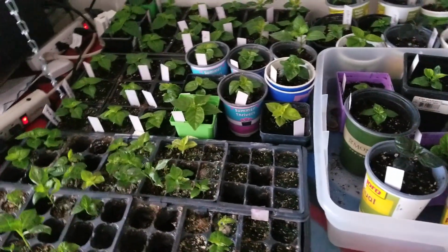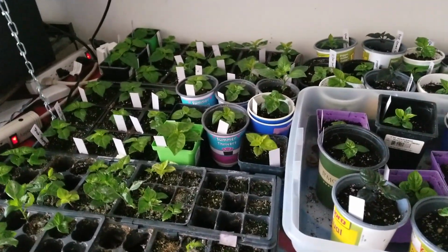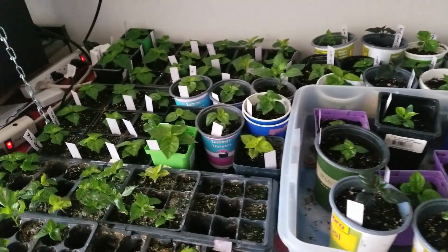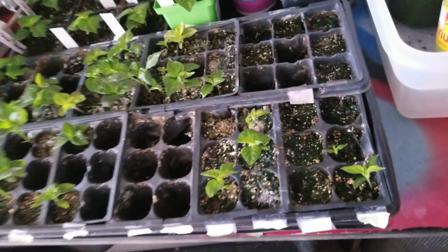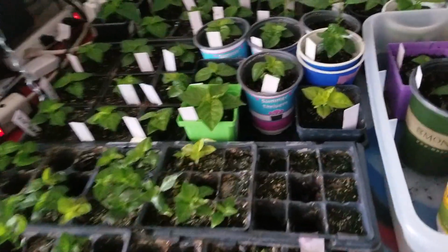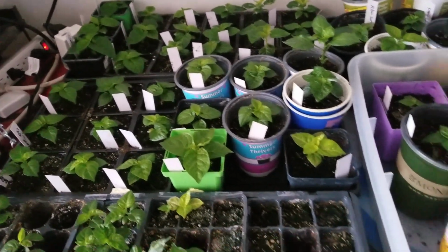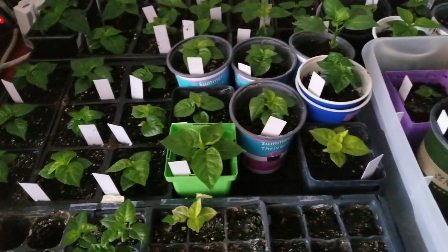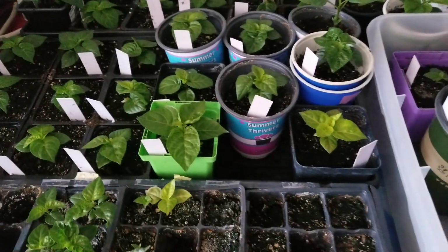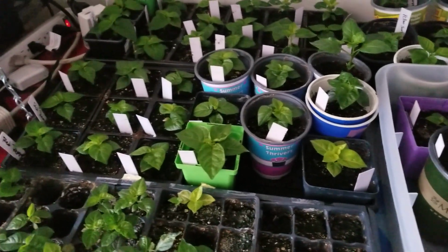Anyway, what's even crazier is that I made this seed starting mix that I wish, if I could go back in time, I would have made the mix that I actually started the seeds in, which is, they all started in these. I wish I would have made that like this. And I didn't, but I'm wishing I did. Anyway, once I found this new mix that I wanted to use, I took them all out and repotted them in these bigger cells so that they could get bigger, obviously. And I used a different mix. And so basically the mix that I used was